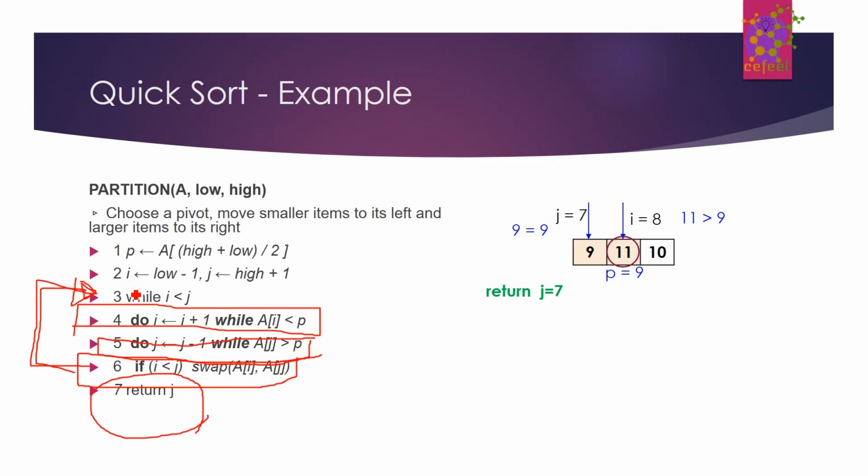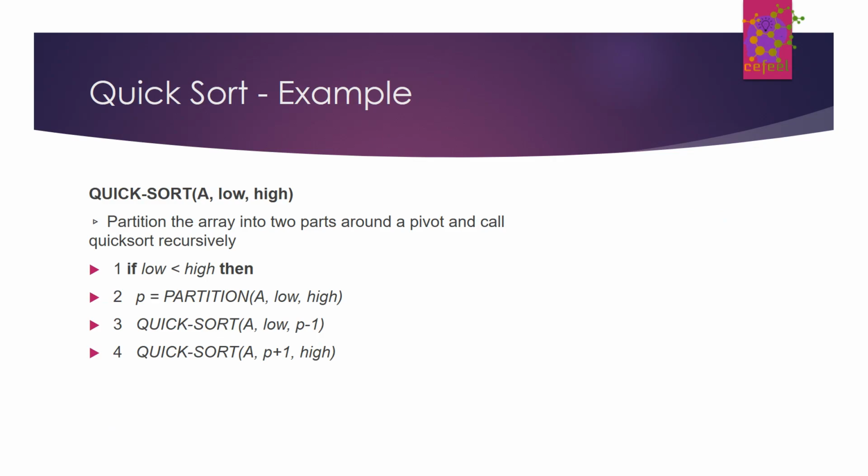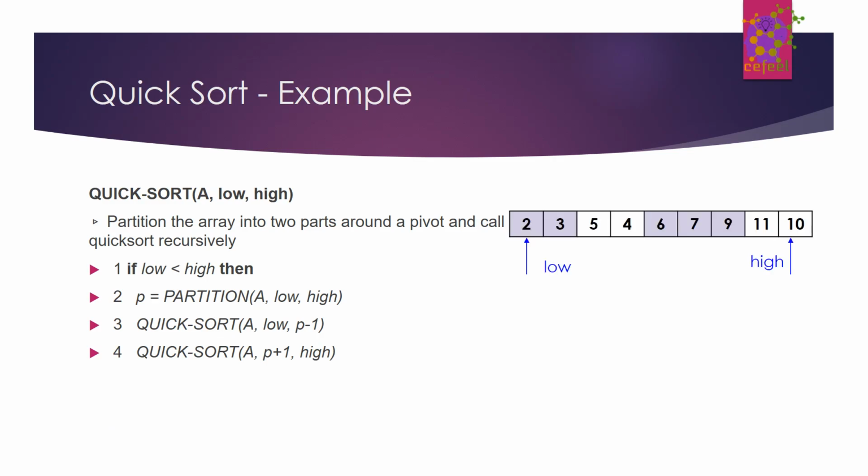Now let's go back to the original quicksort algorithm and see what we do with these returned values from partition. So this was our original array, and we had about 3 elements already sorted. Now the first call to quicksort A 2 4 resulted in calling partition A 2 4, which returned back the value 2, j equals 2 or p equals 2. So which means we now have element 3 in its position. And now we go to step 3 and 4,